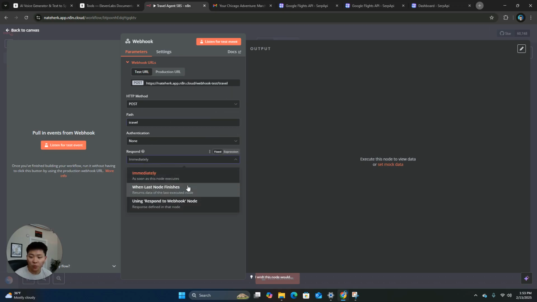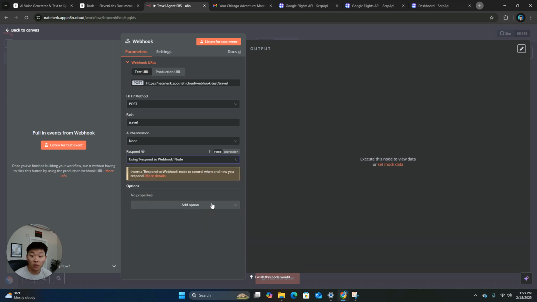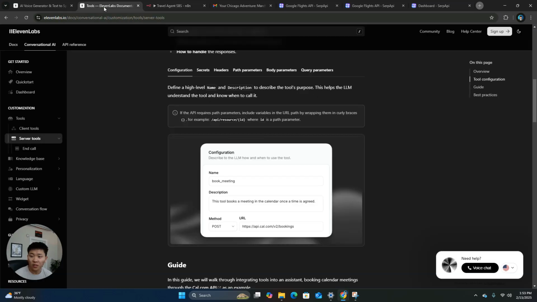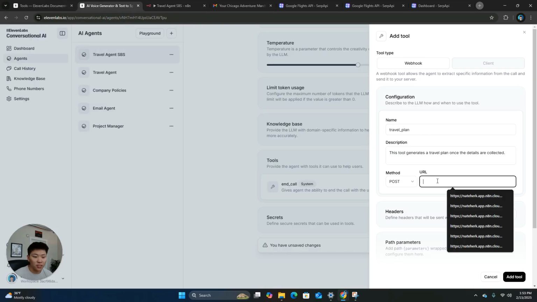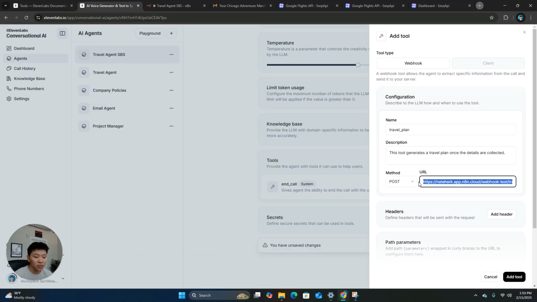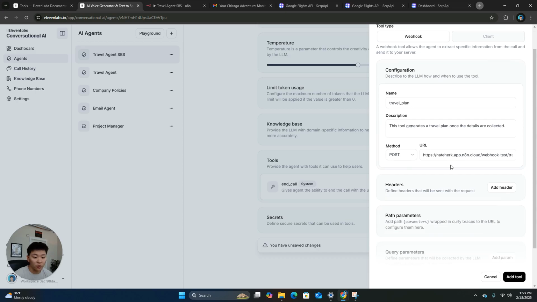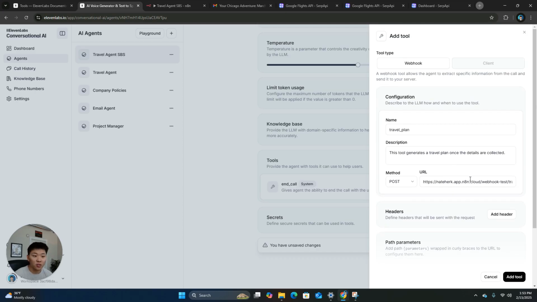Authentication none. For the response, we want to respond using the respond to webhook node, which we'll set up at the end of this workflow. You can see when and how to respond to the webhook. So cool, we got that. We're going to copy this webhook, go back into the voice agent, and paste that in there. So this is now associated with the tool called travel_plan. And now we can configure the rest of this tool, which is